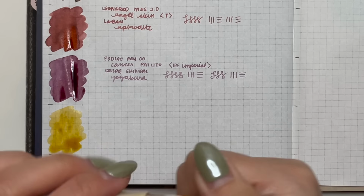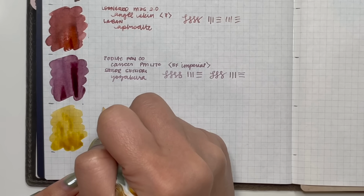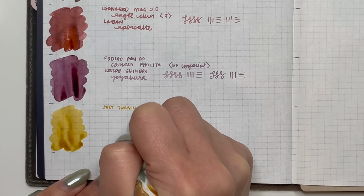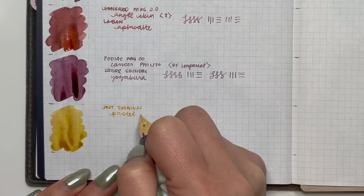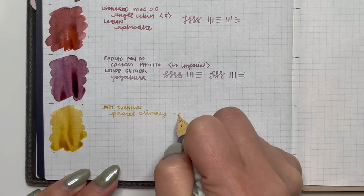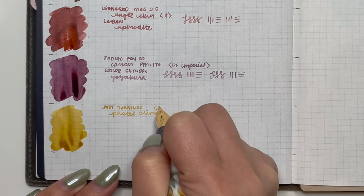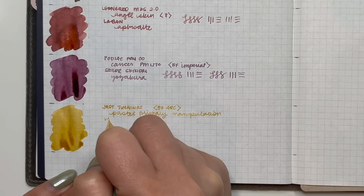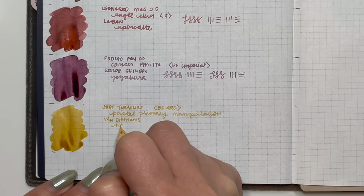Ray Jaguar is a little bit more of a muted yellow, but here in my Just Turnings, in the Pastel Primary Manipulation, and this has, I believe, an extra fine Architect nib. And so the ink is Van Diemen's Hastings